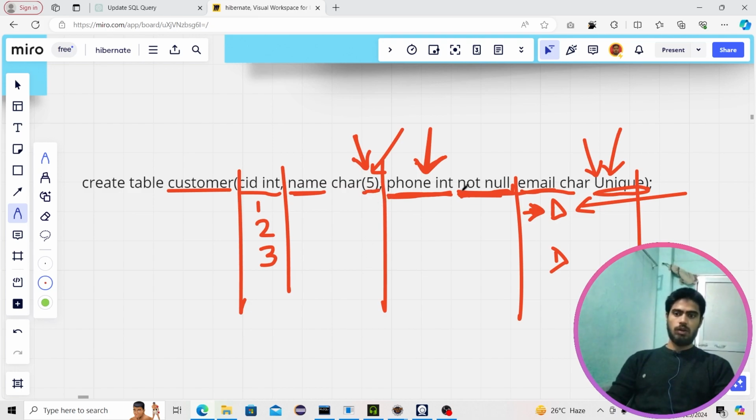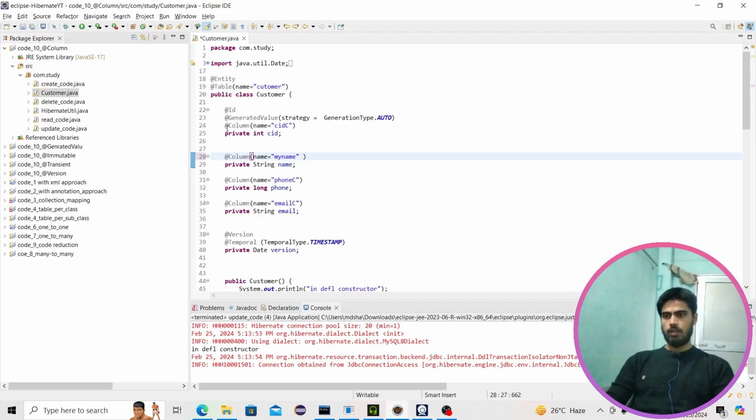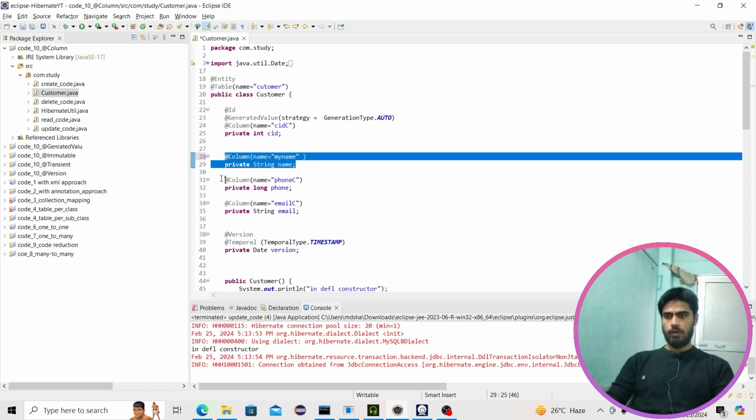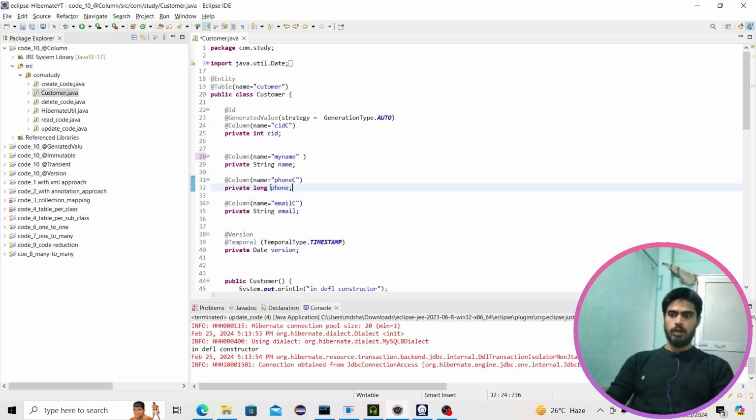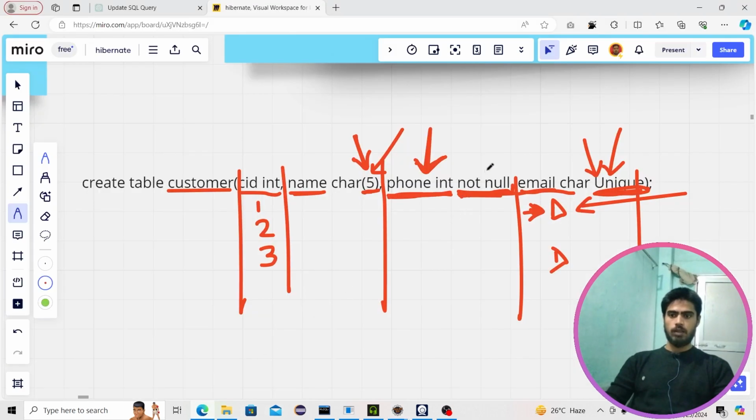But these options are not available in the case of Hibernate, when we are creating our columns using Hibernate. Hibernate is going to create a column for this, for this, and for this. But for the phone column, if we want to provide a constraint that phone cannot be null, and every customer must provide a phone number, then how are we going to do that